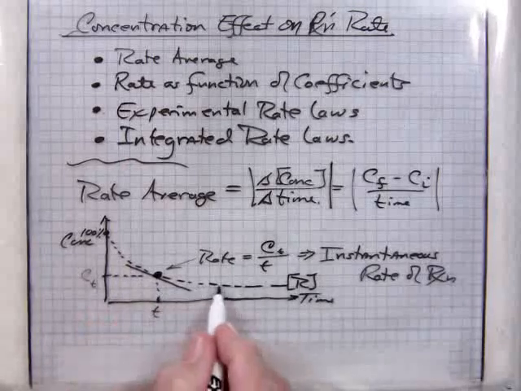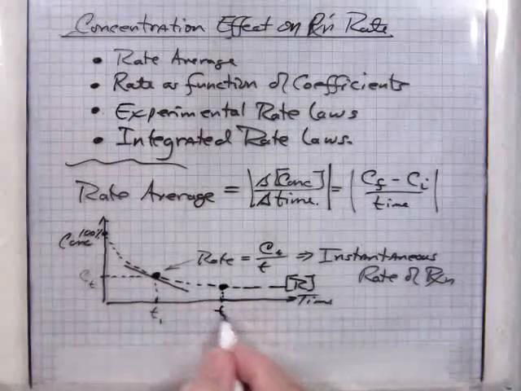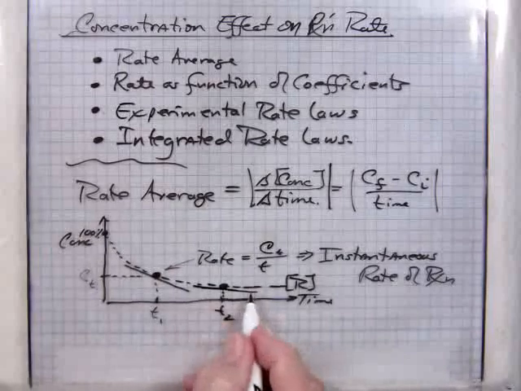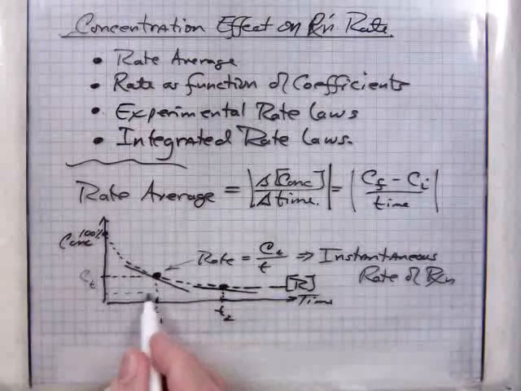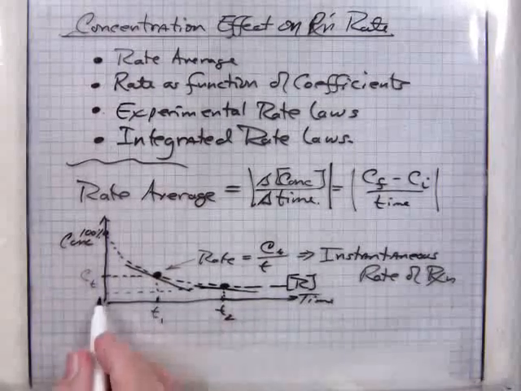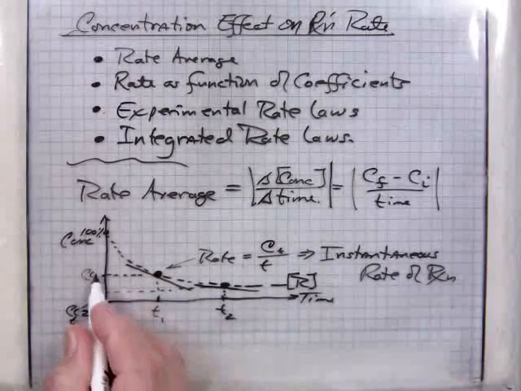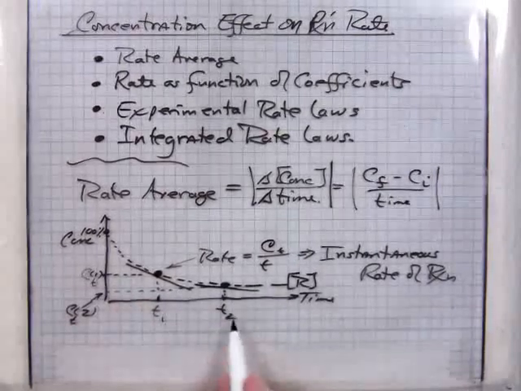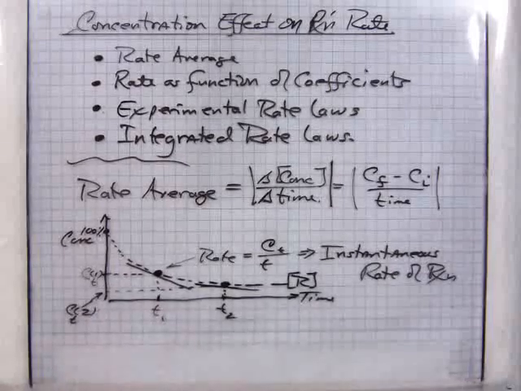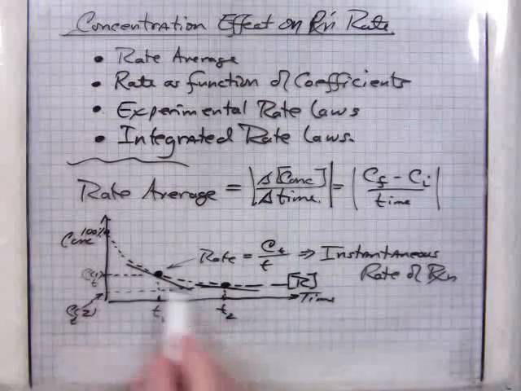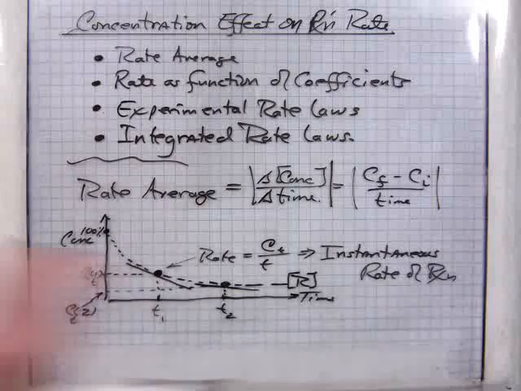And as you move to, say, point time 2, so call that time 1, and this one time 2, of course the slope of the line is changing. And so the instantaneous rate at concentration 2 would be different than at concentration 1. Okay, and so it's important to realize that what you're talking about is a specific number as you go along that curve,